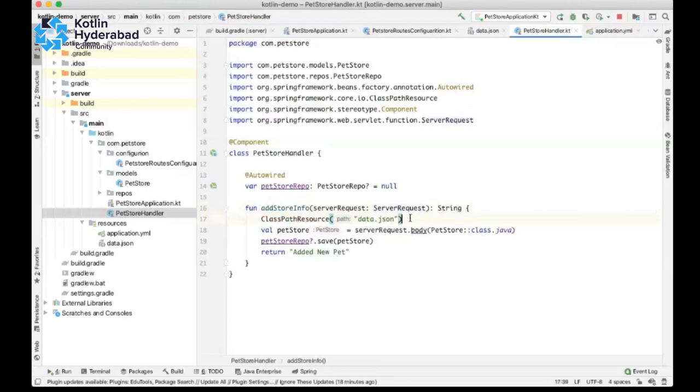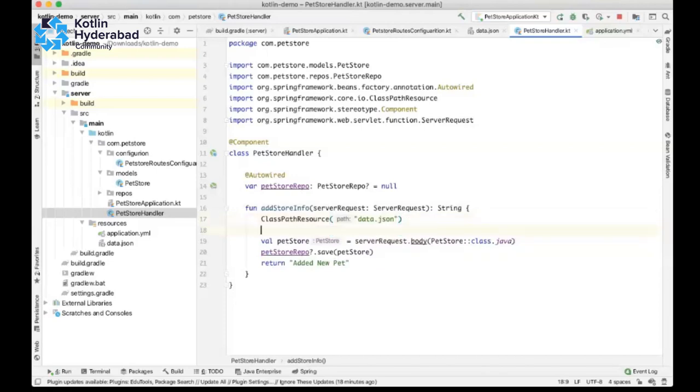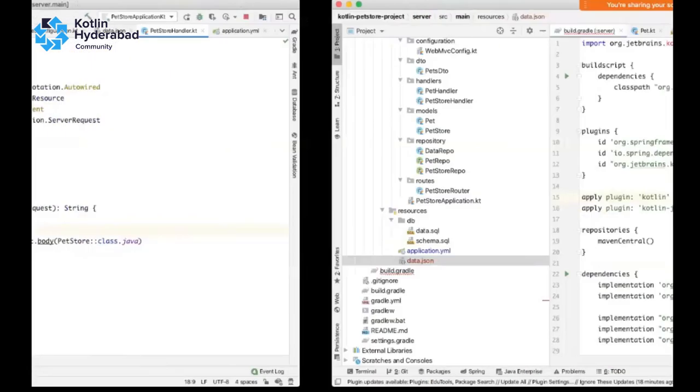So basically, this JSON will be read by Spring, but when we are sending it, we also need to convert it to DTOs. To do that, we have the object mapper. I'm just copy pasting that code as well.